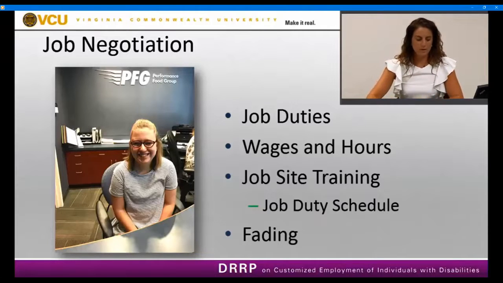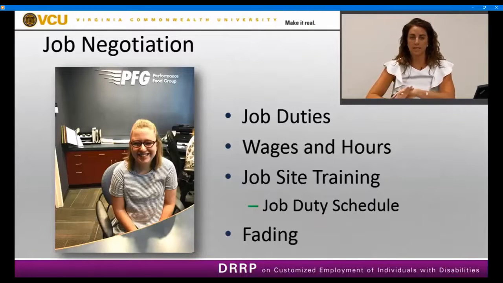And with me doing job site training with her right now, she's already become very independent. She learned a lot of new tasks since the beginning of me watching her in her observation. And as an employment specialist for her, I laid out a job duty schedule, which has all of her tasks laid out that she can refer back to and check off that she's completed it. And as she's getting more independent, I've slowly faded out from her. So first we started with fading out just while I was on the job site, and she was doing it by herself, and she would check in with me after each task.